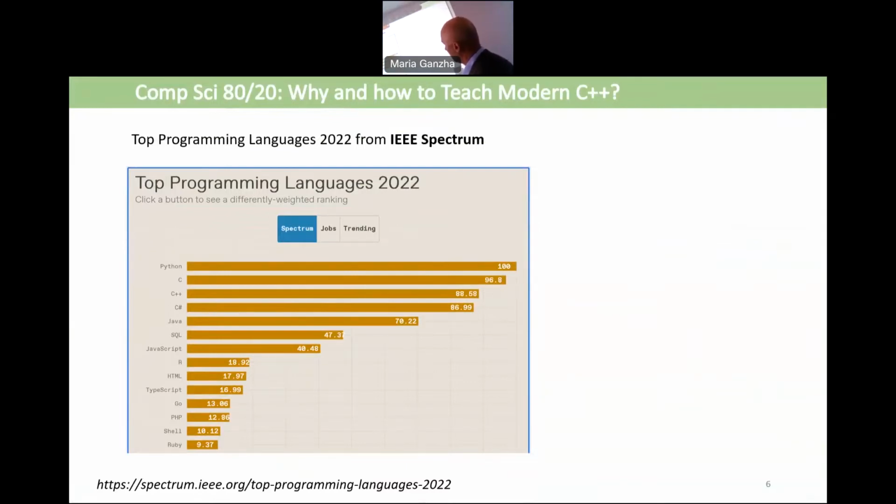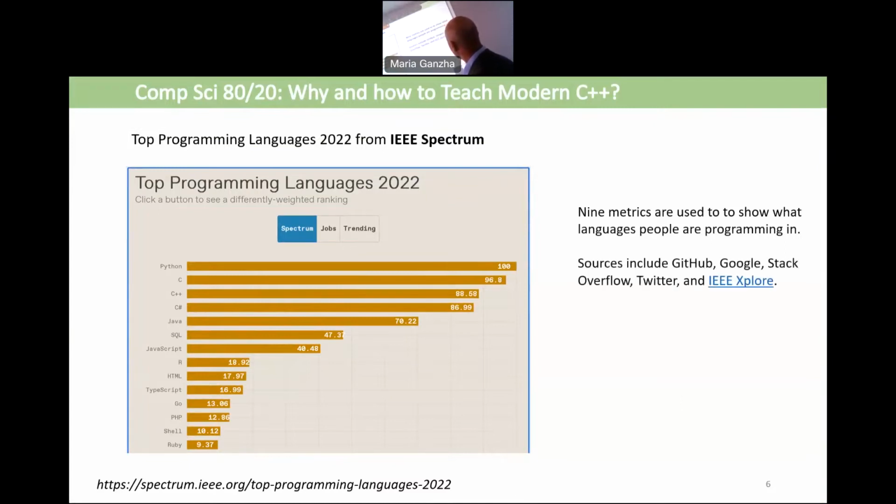In the Spectrum statistic, they use some 9 metrics to show what languages people are programming in. They use many sources, but prevailingly IEEE websites. You can find more on their webpage.